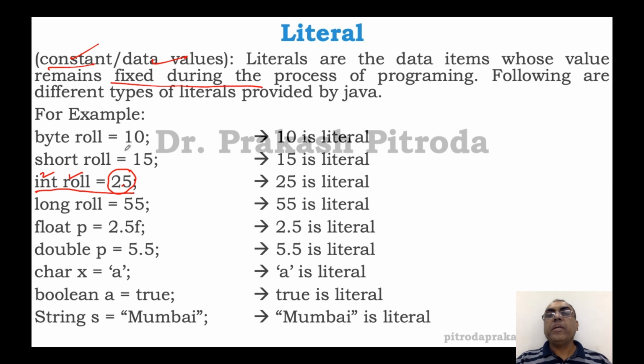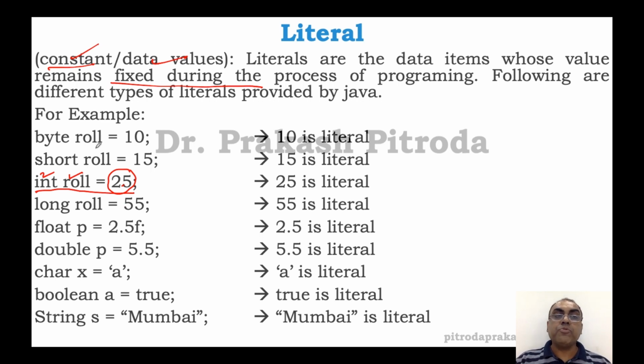Meaning, if I enter a number 25, then the weightage of 25 remains the same, whether it is used in program A, program B, program C. 25 will remain 25. It will not change its value. It means I can't say 25 in another program is 10. It remains 25. The value doesn't change. Its weightage doesn't change. Okay.